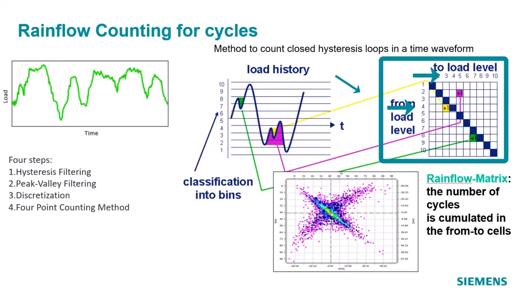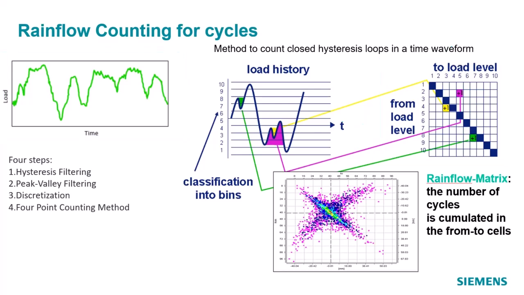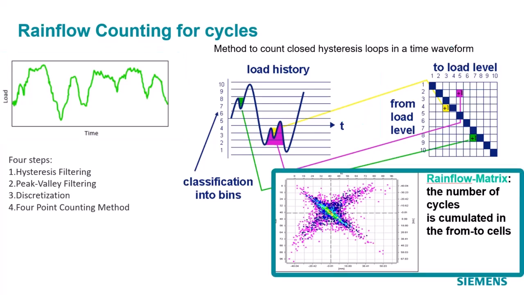This whole entire load history, or the time history of that trace, is broken down into this matrix, where this axis is from and this axis is to, and the number corresponds to the number of cycles experienced from that level to that level. Commonly, it is shown in a picture like this, from and to, and the color here represents the number of times the event has occurred. If there is red color, that means this from and to combination has occurred more times than, let's say, a blue or pink. This is a way to count the number of cycles.